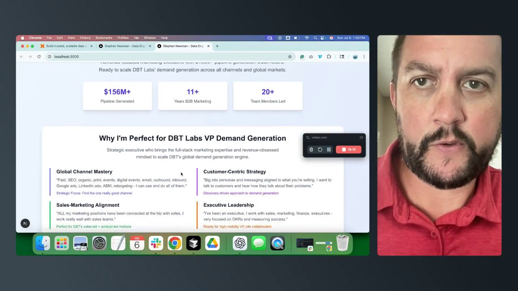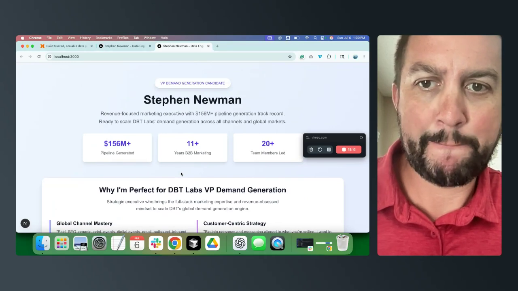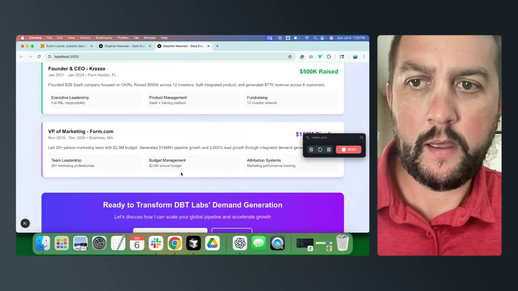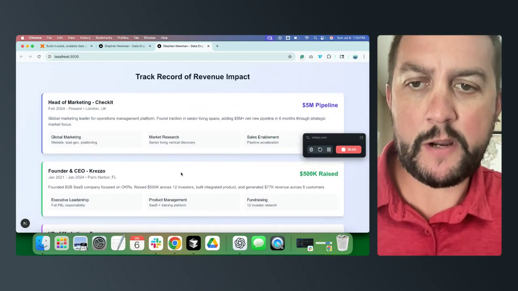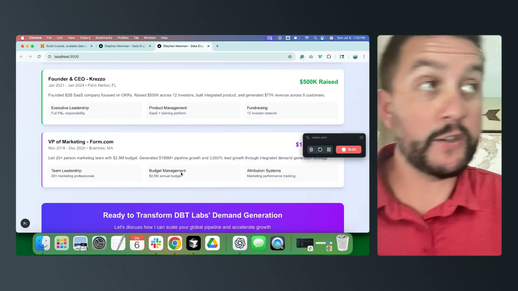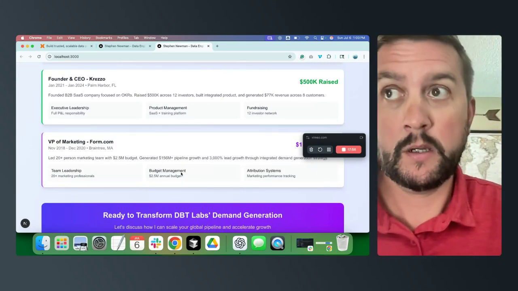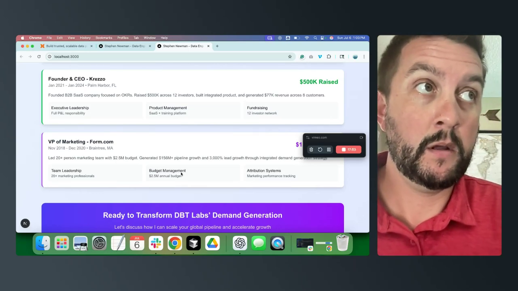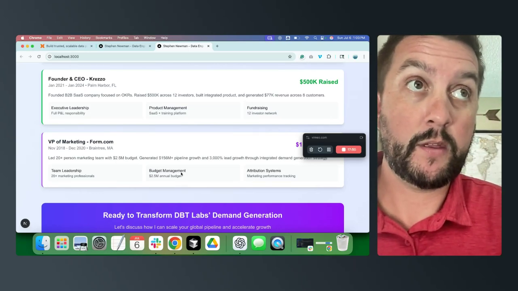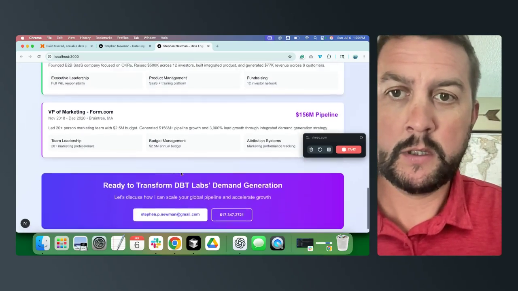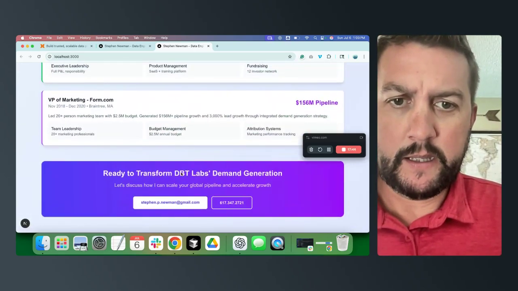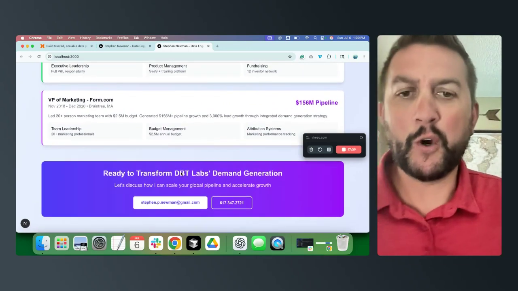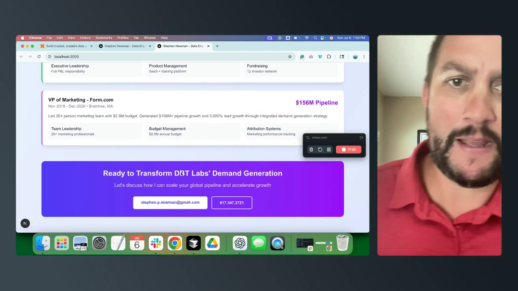All right, so the page looks good. It's cut off. It only shows my three most recent experiences. It doesn't show my experience with Thought Industries, which we generated tons of pipeline there. It doesn't show my experience with Eris, same thing, tons of pipeline. Doesn't show my experience with Eloqua, same deal. I don't like the Transform dbt Labs demand gen. It's too early to tell what needs to be changed or implemented.